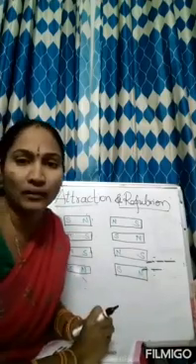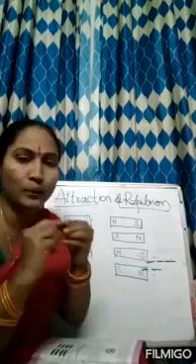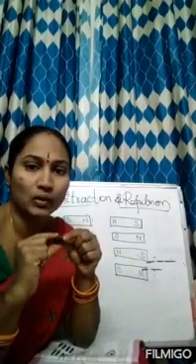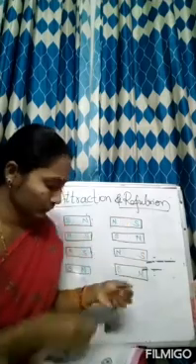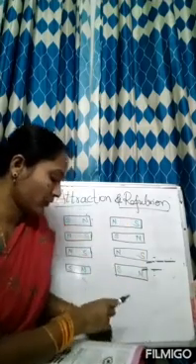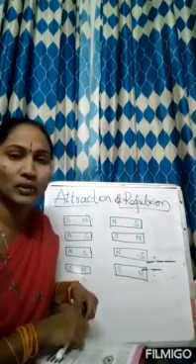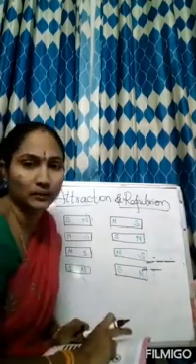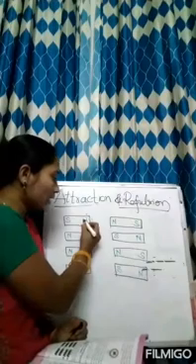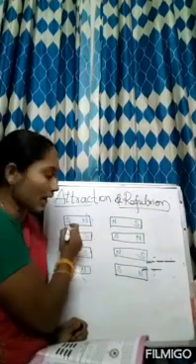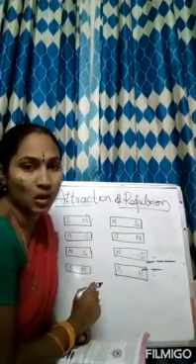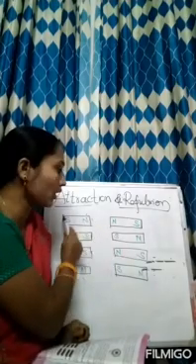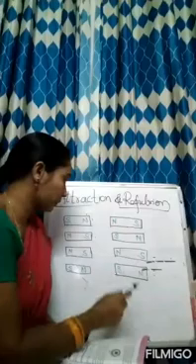Here I am not having two bar magnets, so I am using these short magnets, and I'll explain it on the board also. So before that you have to know these are the bar magnets, and this N is called North Pole and S is called South Pole. So for the two bar magnets you are having North Pole and South Pole.